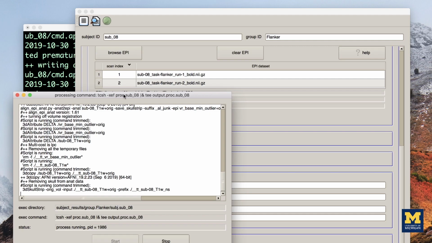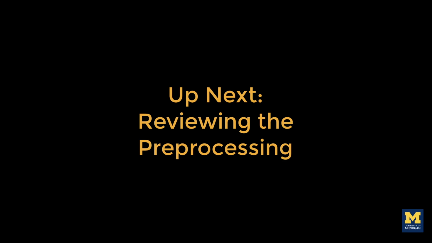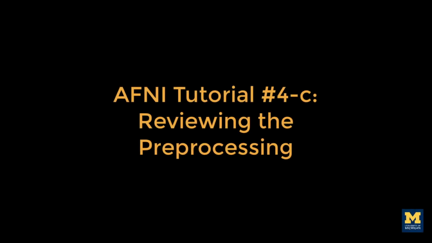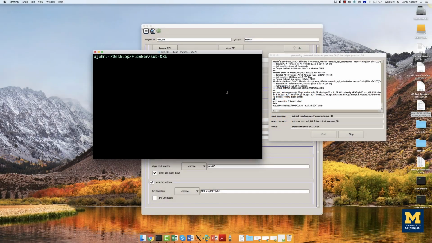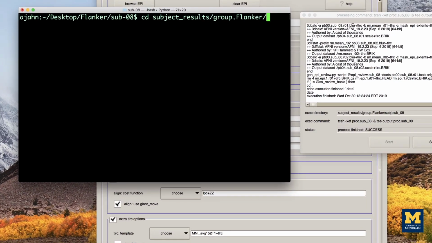When it finishes, you will see the output files from each preprocessing step that was indicated in the processing blocks field. We now turn to reviewing each of these preprocessing outputs, evaluating their quality, and deciding whether there is anything we need to redo. After the script generated by uber_subject.py has completed, navigate to the directory containing the preprocessed data. By default, AFNI will create a new directory tree. From the sub08 directory, you can navigate to the results directory by typing cd subject_results/group.flanker/subj.sub08